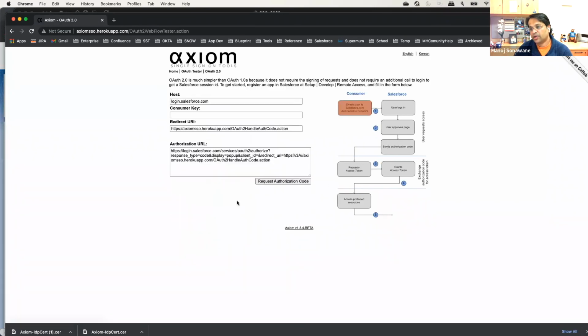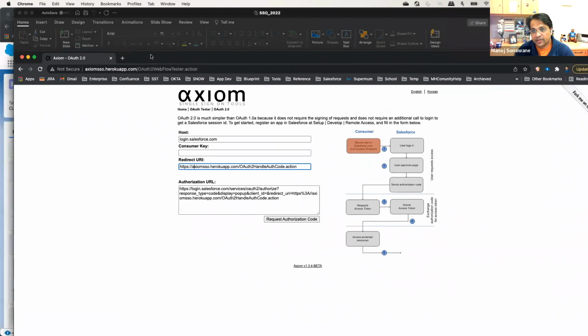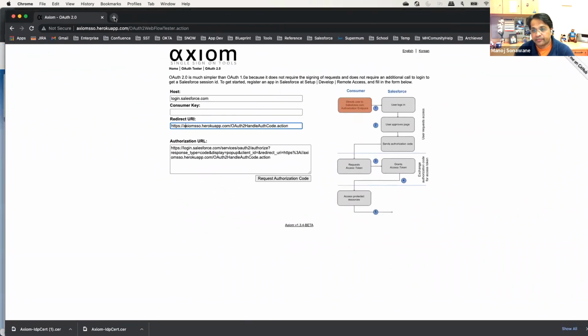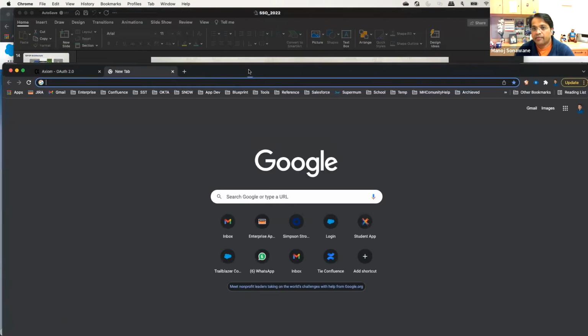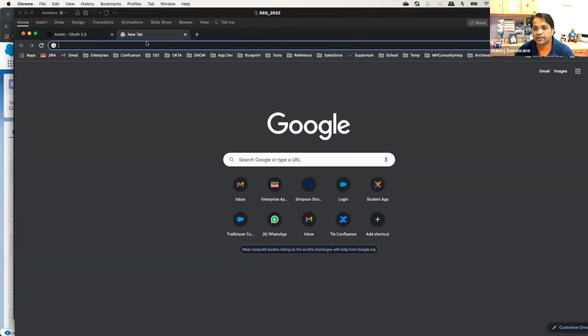So let's do 2.0. On 2.0 here, what we are seeing is host, consumer key, and redirect URL. The very first step for me is to go back to Salesforce in my browser. Okay,